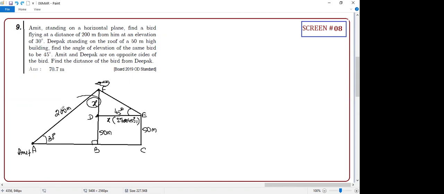If you find x, student, you can tell me what is the value. Correct or not? For example, if this is 5, then this is also 5. 5 square plus 5 square plus,